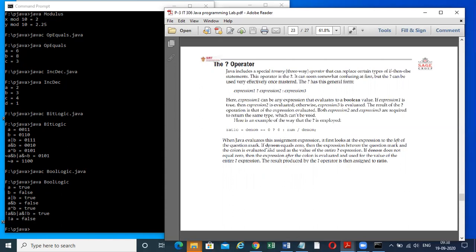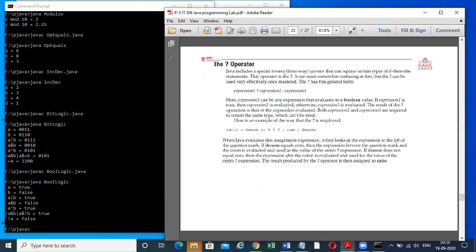This is the ternary operator, that is the three-way operator. Let's see an example. It is just like a replacement of the if then else statement. In the if then else statement, if the condition is true then the if part runs, otherwise the else part runs. The ternary syntax is expression 1 ? expression 2 : expression 3.